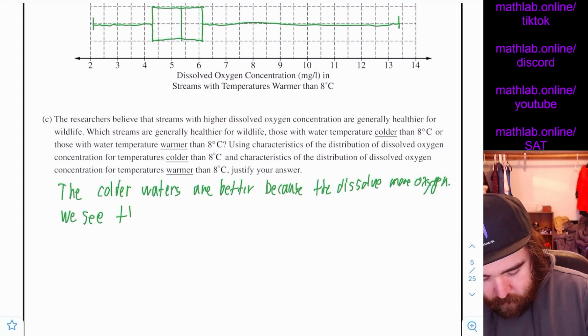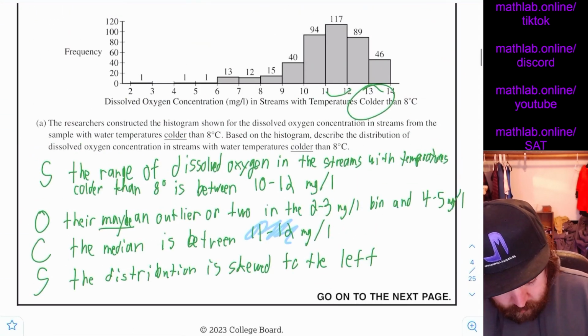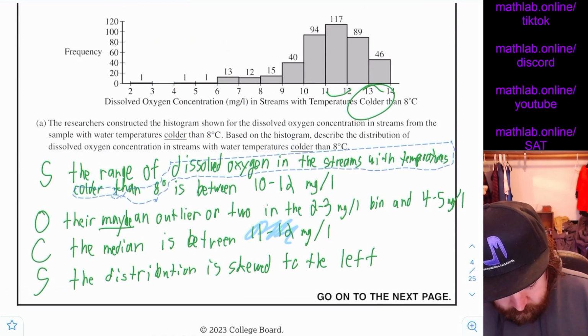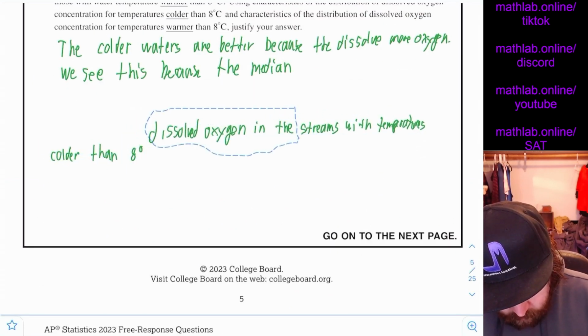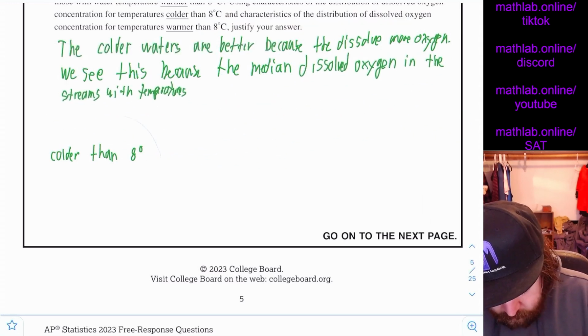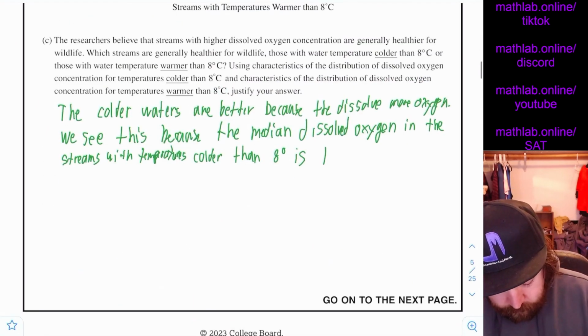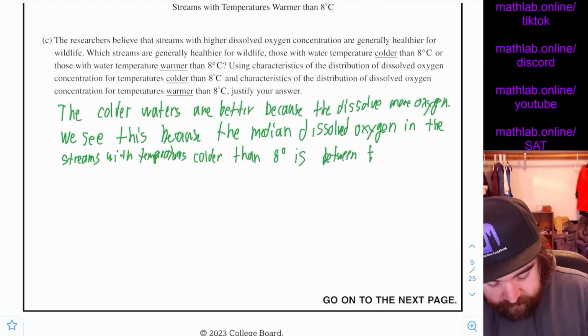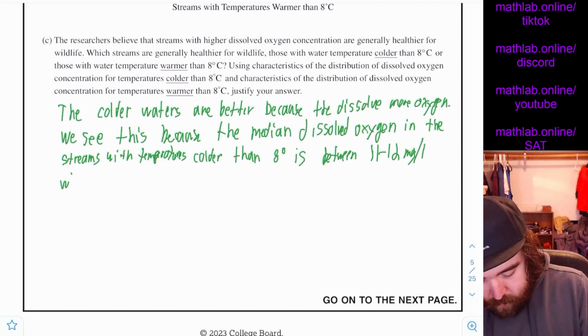We see this because the median dissolved oxygen is between 11 and 12 milligrams per liter